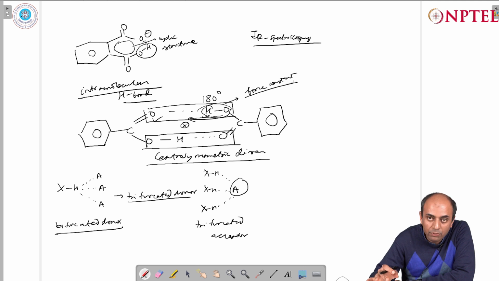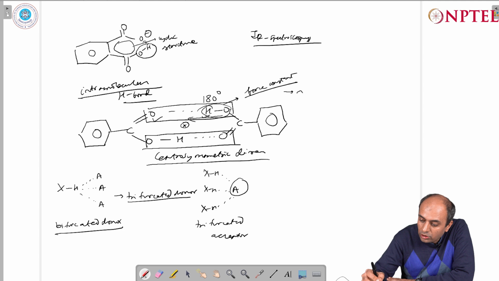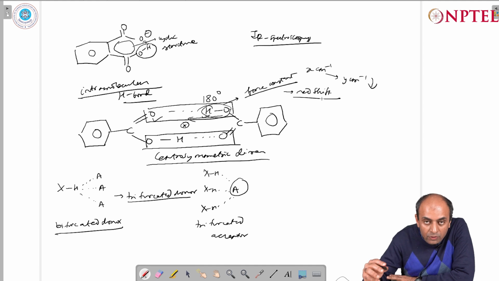And such hydrogen bonds, where there is a lowering of the stretching frequency of particular bonds associated in hydrogen bonding, are referred to as redshift. So there is a lowering in the stretching frequency. The value was, say, x centimeter inverse in terms of wave number, and it has now decreased to y. So there is a lowering, and we say it is redshift. On the contrary, if there is an increase in the stretching frequency for that particular bond, then we refer to it as blue shifted